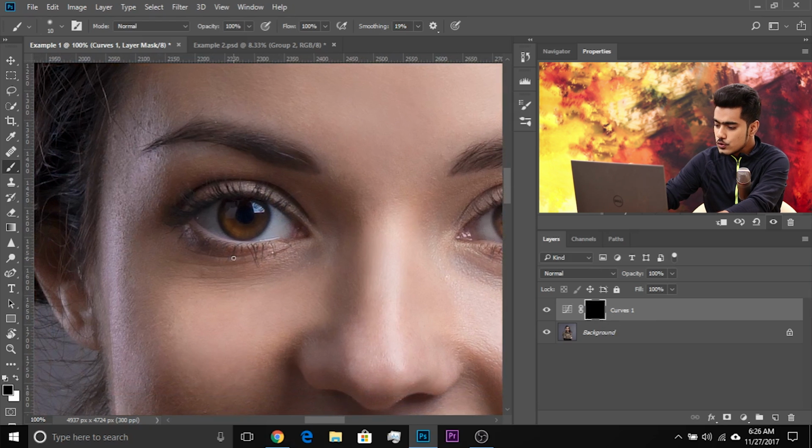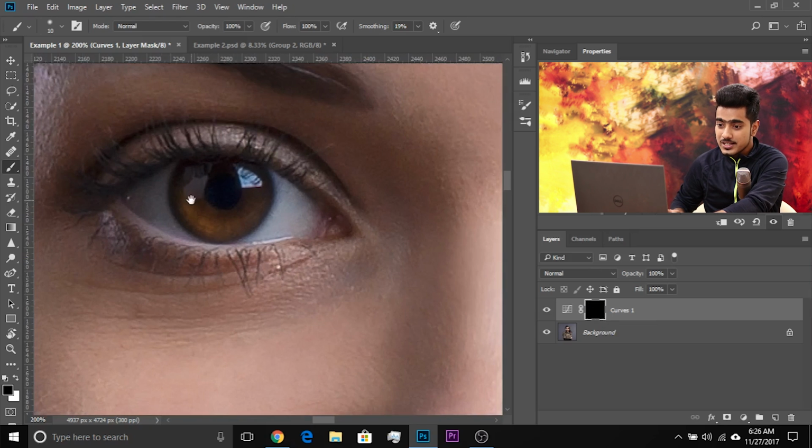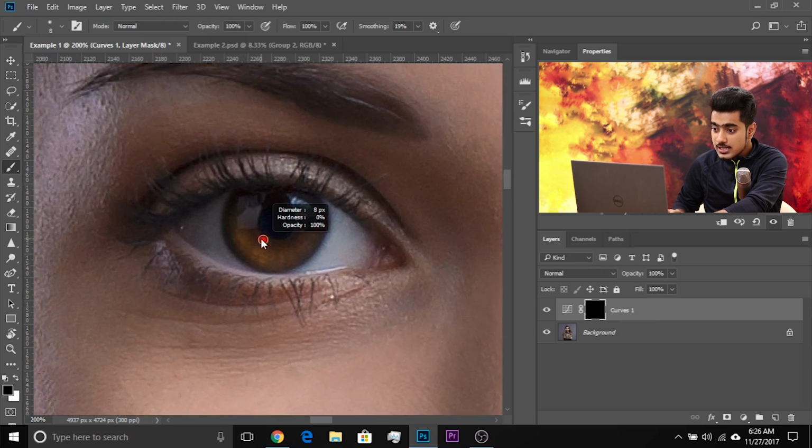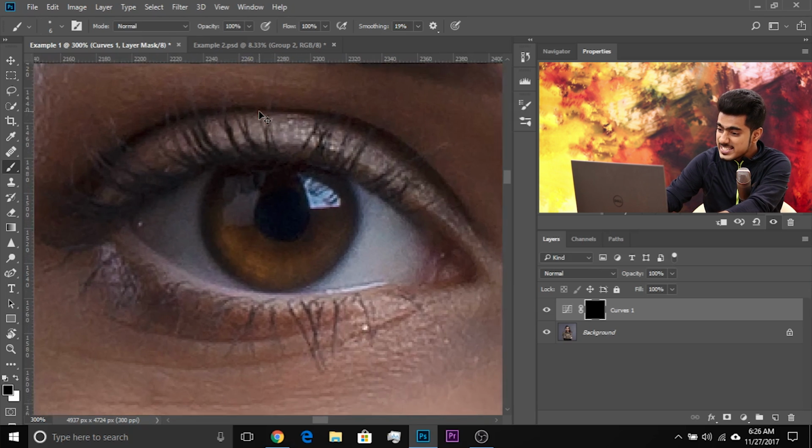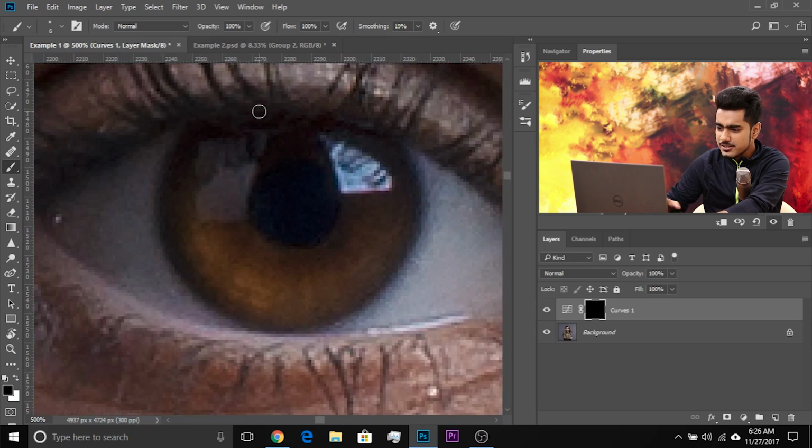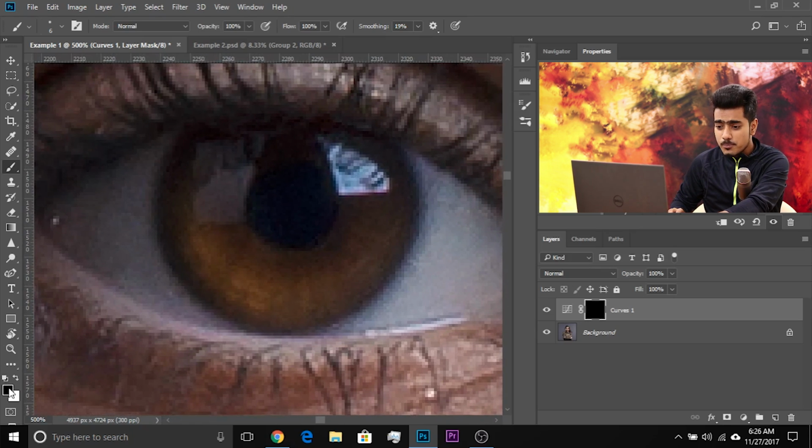Now let's zoom in quite a bit, and this is quite crucial. Take the brush, make it smaller, make it softer. How to make it softer? Hold the Alt or Option key, and with the right mouse button, drag it to the right to make it bigger, drag it to the left to make it smaller, drag it up to make it soft, drag it down to make it hard. So make it totally soft, and make it small. Let's zoom in even more, even if the pixels are cracking up, and change the color from black to white.